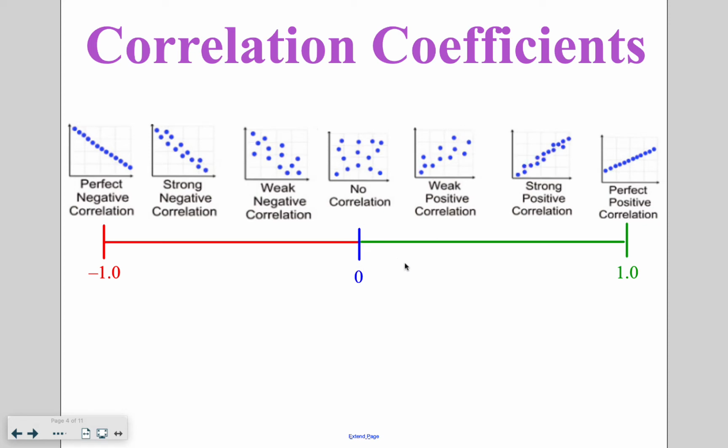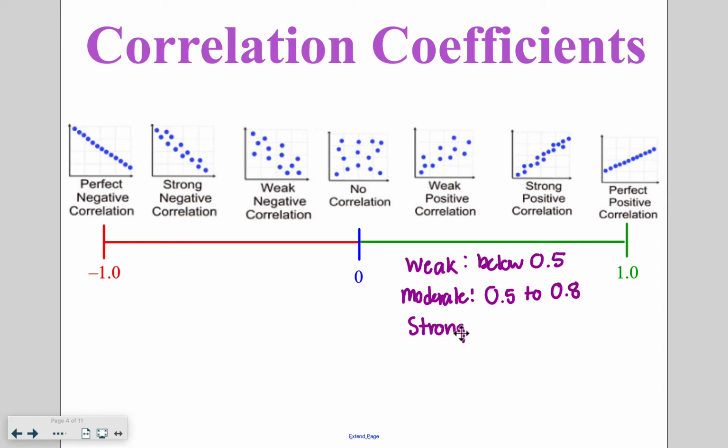A general rule of thumb is on the positive side, something is considered weak if the calculated correlation coefficient is below 0.5. It's considered moderate, so the line kind of fits the data from 0.5 up to 0.8. And then it's considered strong or a really good fit for the data if it's anything above